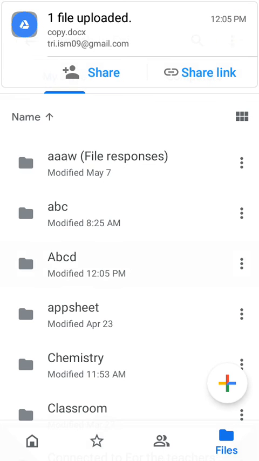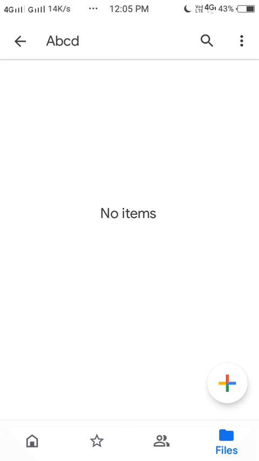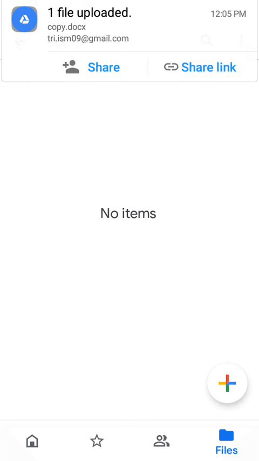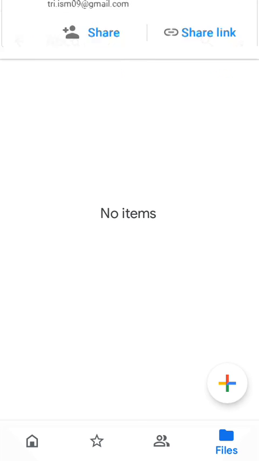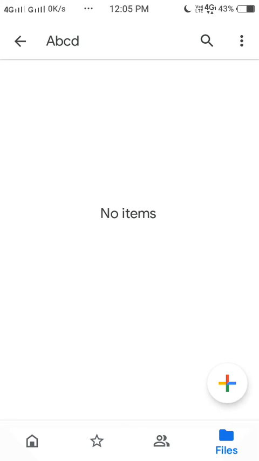Just click on this folder, so the folder opens. Now my target is to fill it with different PDFs and different images. To add different images or PDFs or different files, here you click on plus.